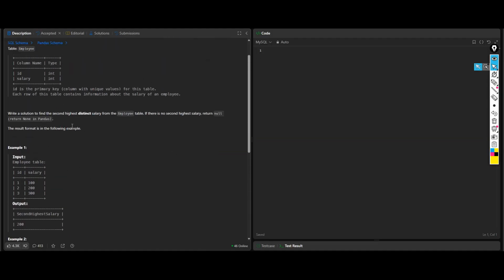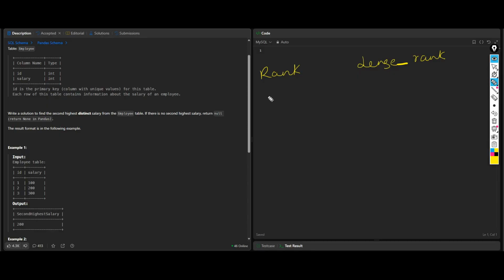Whenever you are asked for the second highest or nth highest salary, just remember we have two window functions: rank and dense rank. What is the difference between rank and dense rank?